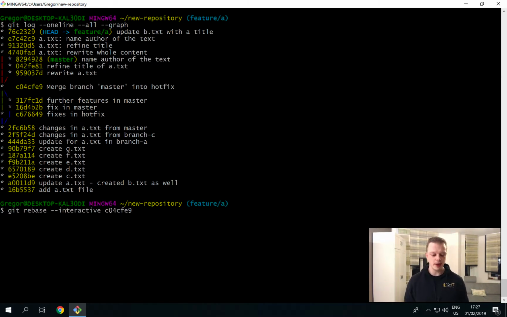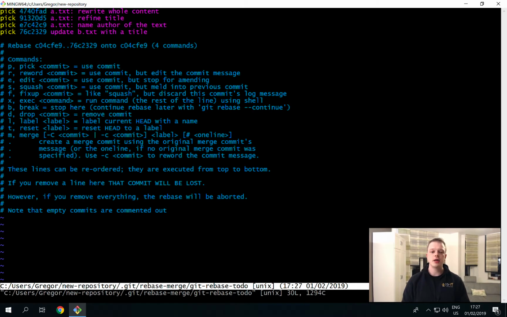We run the git rebase --interactive command one more time with the same stable commit. As you can see, this commit hasn't been changed. This is our stable commit. And in this sample, I just want to squash a commit with another commit. Since those 2 commits above, rewrite whole content and refine title, belong to the same task, I decided I just want to do both of them in one commit,